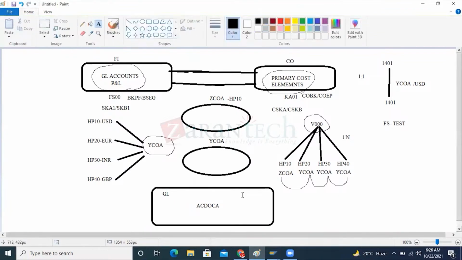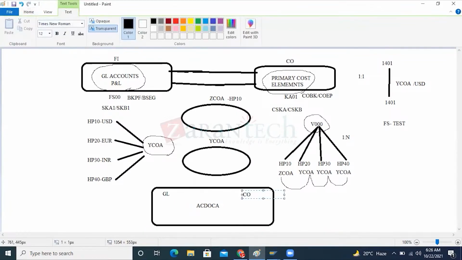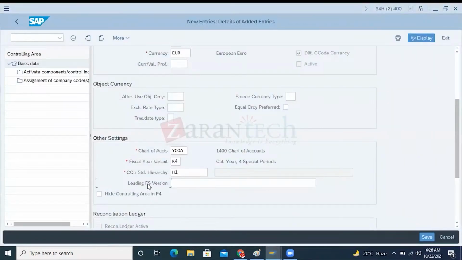Your controlling means only two value types: one is 11, another one is 04. From today onwards in SAP S4HANA, you can create a separate financial statement only for the controlling area. Why? Because controlling is only for internal reporting purposes, not for external reporting. FI is for external reporting purposes. For internal reporting, do you require any financial statement? Yes. Why? Because today,